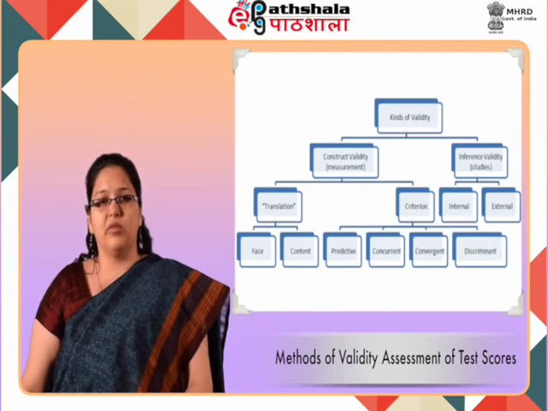In the convergent form of validity, it would be expected that the test scores should be somewhat positively correlated to other tests based on a similar construct of interest. This provides convergent information that the construct of the test is indeed assessing what it claims to assess. In contrast, in the divergent form of validity, the test scores would be expected to be negatively related to variables based on dissimilar constructs. It will ensure that the construct on which the test is based diverges enough from the other dissimilar constructs.